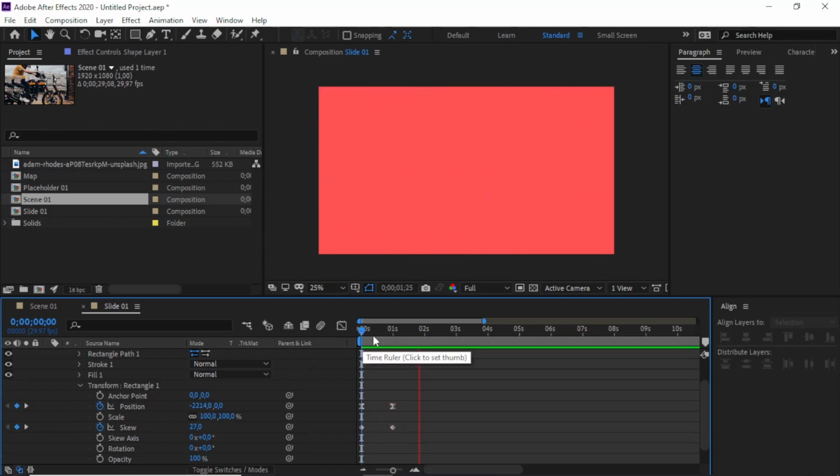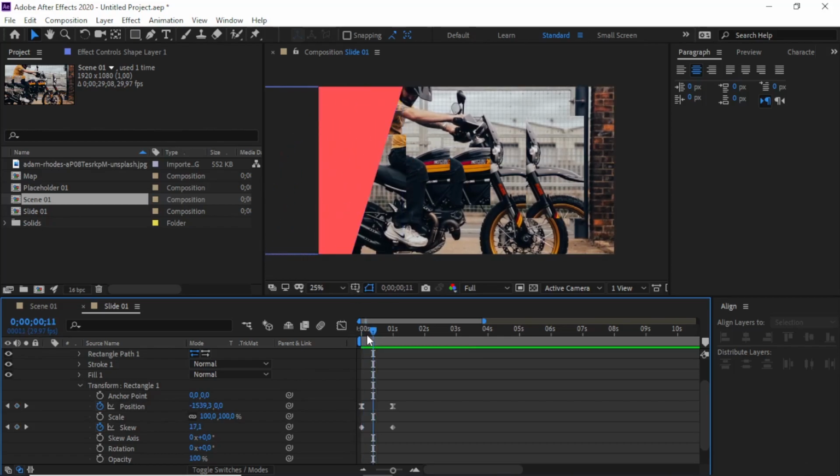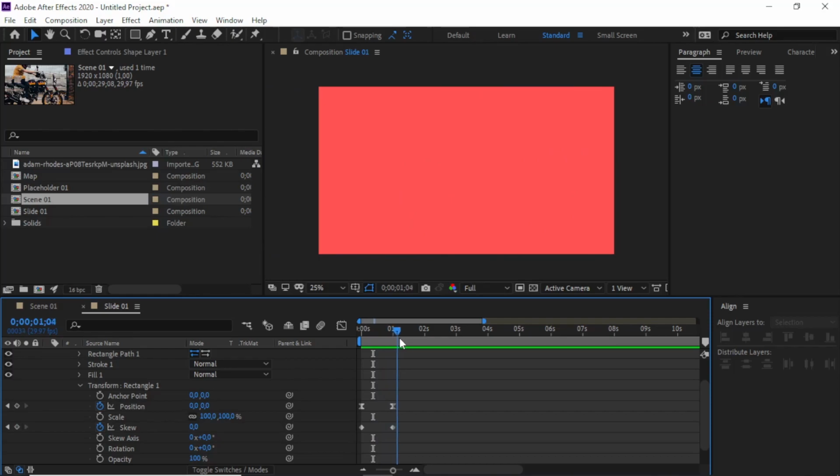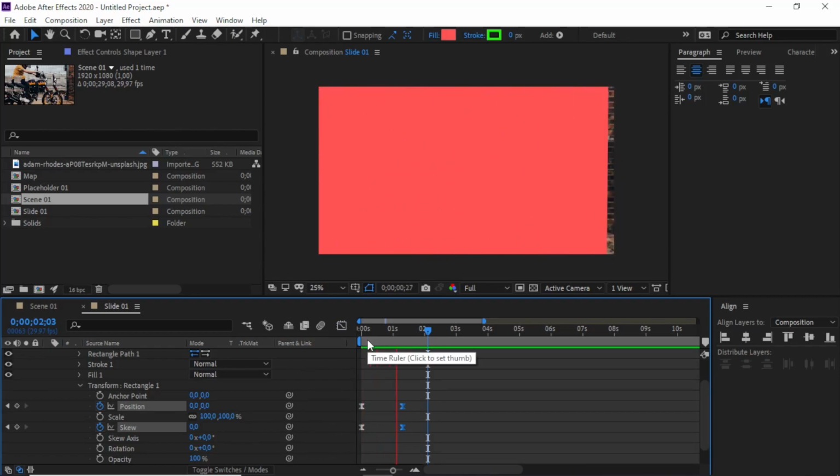So we start from diagonal and then we back to vertical again, and easy is again like that. I think it's too fast, about 1 second, so I need to extend it more and move the grab like this. So when he cover all image, it will more smooth.